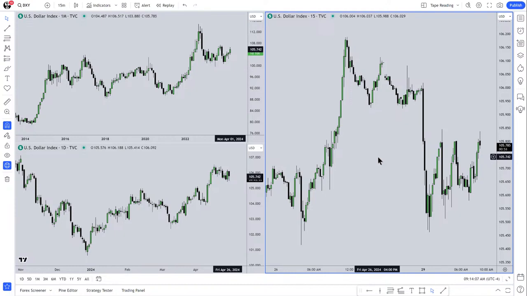If the dollar's likely to go higher, how do I know that? Well, we start with a monthly chart. Now, you don't have to have your charts laid out like this. If you have a laptop and you have a membership to whatever platform you're using, I use TradingView simply